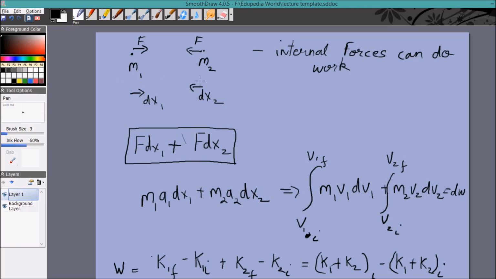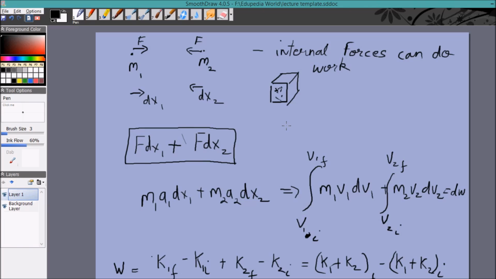Because it's a particle. If you have an extended object like the cube we saw earlier, how does a solid stay together? All the molecules attract each other, right? They exert internal forces on it. Of course, the sum of these internal forces is 0 because they cancel in pairs by Newton's third law. But in this case, if the body is like this, they're not doing any work, right? But for a single particle, it makes no sense to have internal forces, right? So work done on one particle, which is obviously the work done by an external force, equals the change in its kinetic energy. For a system, the work done by external and internal forces equals the change in kinetic energy,